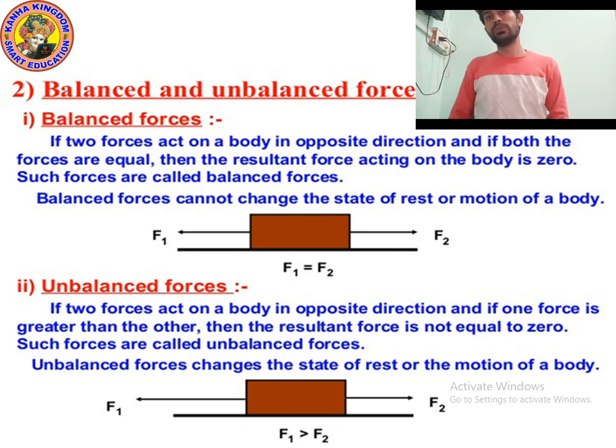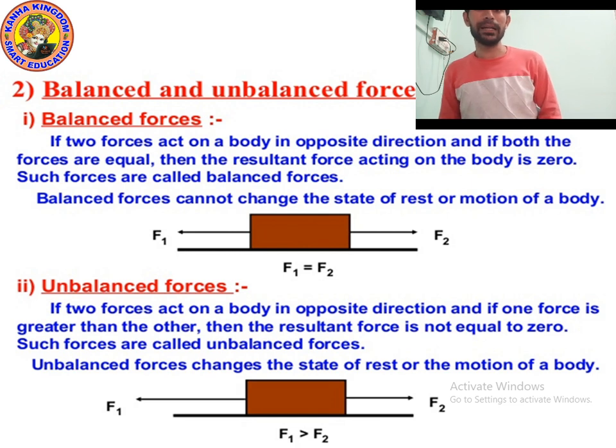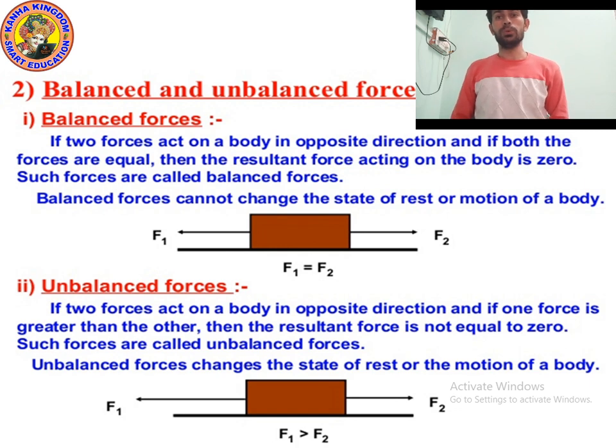Suppose that two forces F1 and F2 are both applying on an object or a body in opposite directions. If they are equal, the body will not move from the surface, it will stay in one place. So we can say F1 is equal to F2, and the body is not moving. For your information, force is denoted by F.